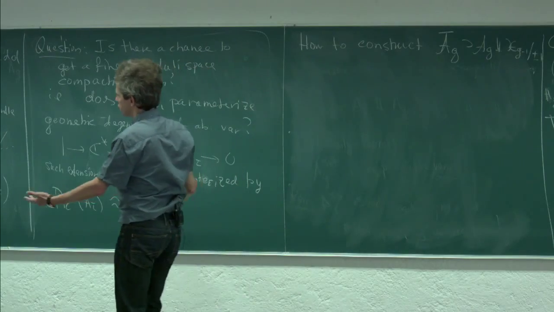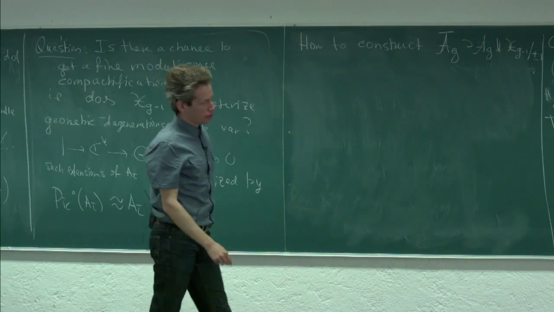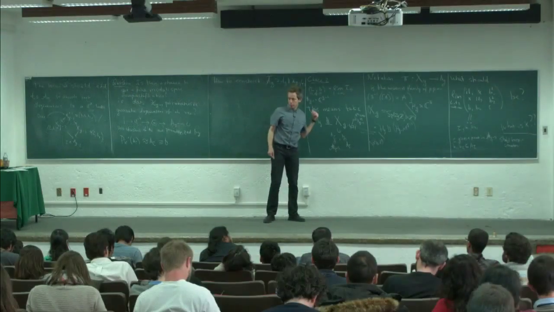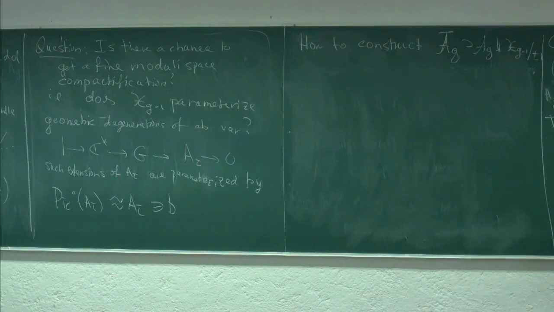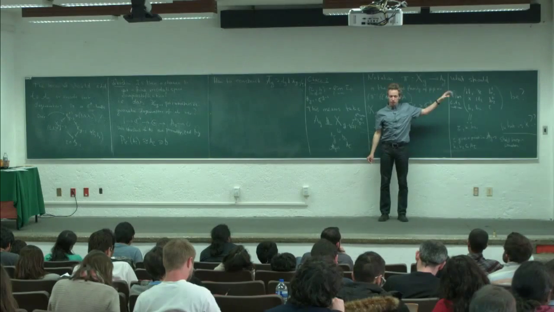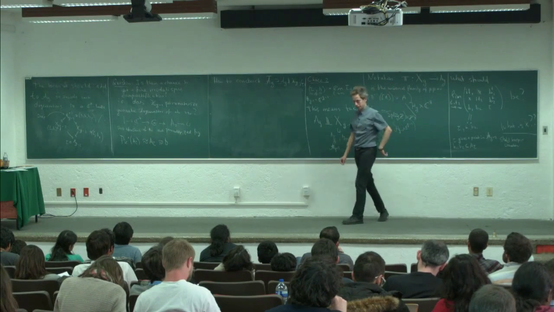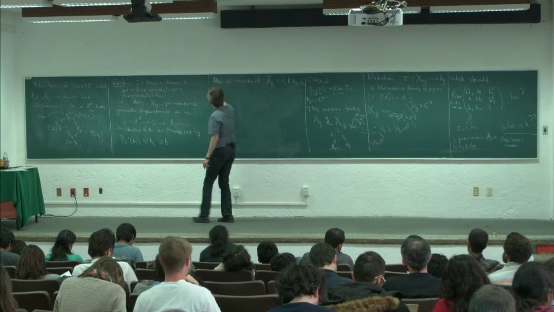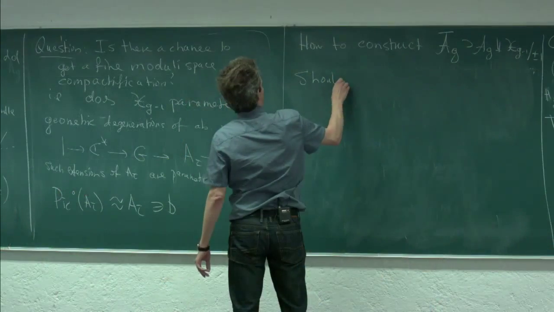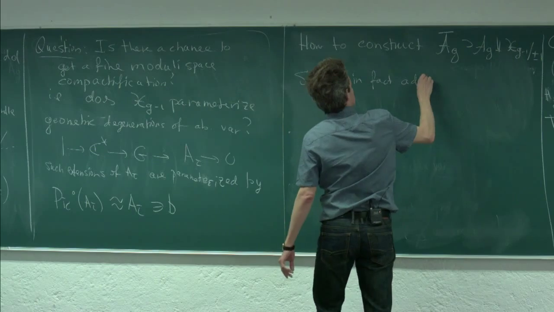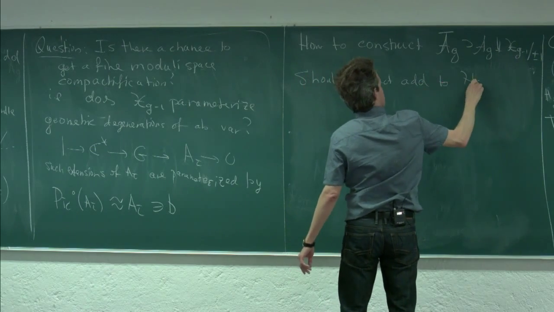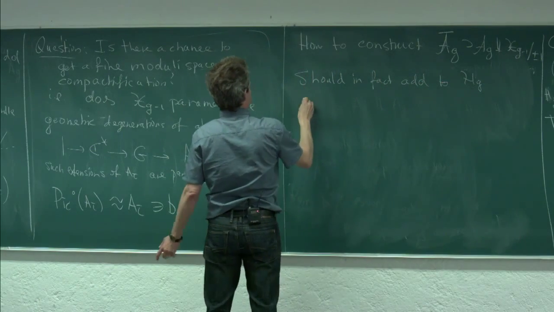So I want a general story that will tell me how to compactify. And it turns out that the approach that I was so happily, naively exploiting, doing this and taking stuff to infinity, is not the right approach. So I should, in fact, add components, add to HG various strata